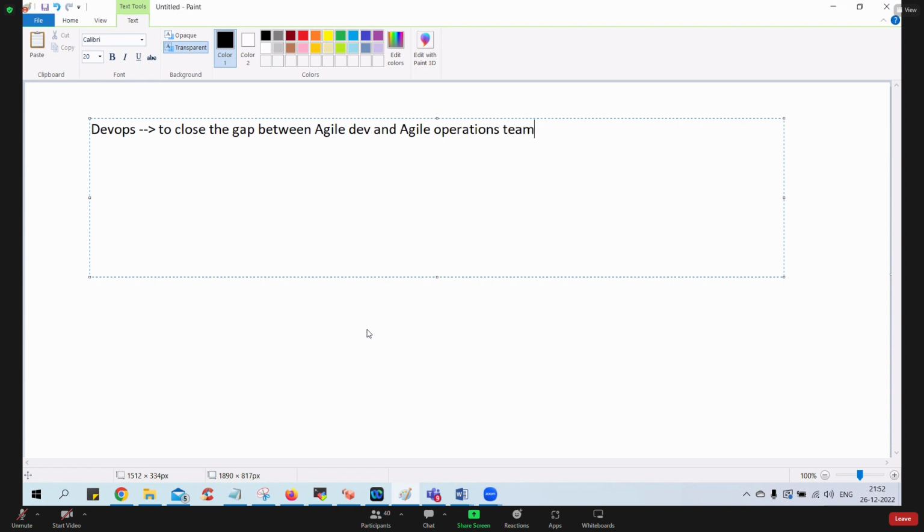Do you agree with this? Have you searched this on the internet, guys? By tomorrow, after you're done with your class, search on the internet. Some 10 years ago web pages, you will find them. They keep writing that DevOps is a process or method which helps us close the gap, or people also call this a conflict. You got it now? They call this a conflict.